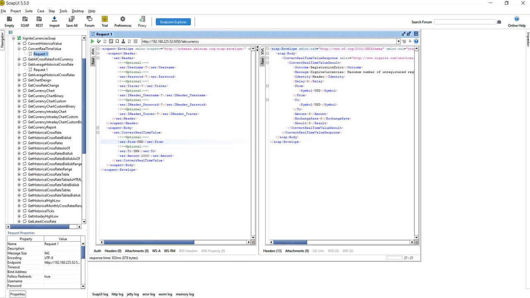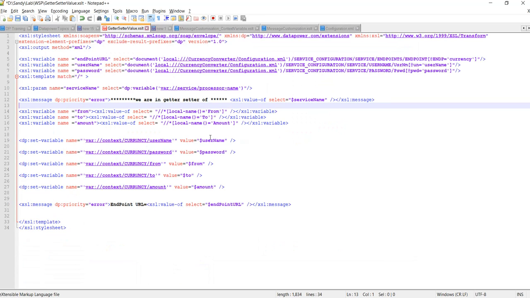To capture those values, we are creating a variable like from. To get the value of the element from, we are using xsl:value-of, and the value we'll get is the local-name function, and we'll get the value of from.